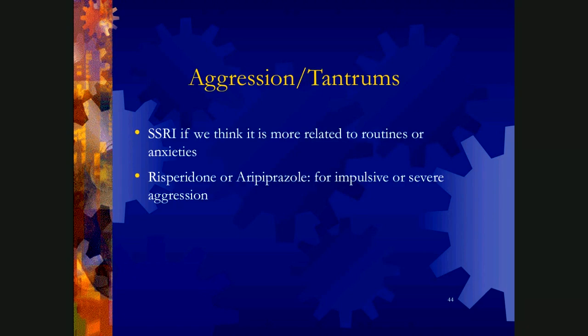Then there's aggression and tantrum. So sometimes we say, well, it's good to know what's the reason behind the aggression and the tantrum. So if it is anxiety, if it's routine, then use an SSRI. If it's impulsivity or severe aggression, then use an antipsychotic like risperidone and aripiprazole. So it's always important to know what's behind the symptoms and what could we do before. I find this very, very important because in this population, and even in younger children who don't have ASD, sometimes their aggression is a presentation of anxiety, not so much impulsive. So if you break a routine, then they become aggressive because that's their way of communicating. So if it is anxiety, we use serotonin, SSRI, and if it's impulsive aggression, we use